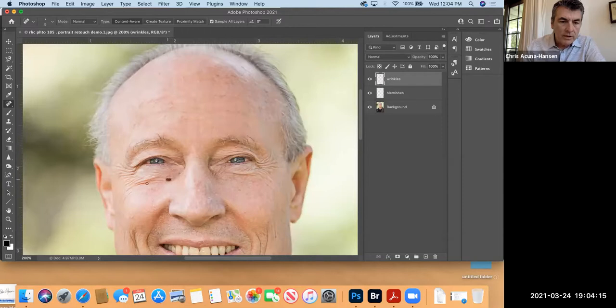Now, why did I do it on its own layer called wrinkles? Well, I'm going to show you. It's just a touch bigger. So those crow's feet there,